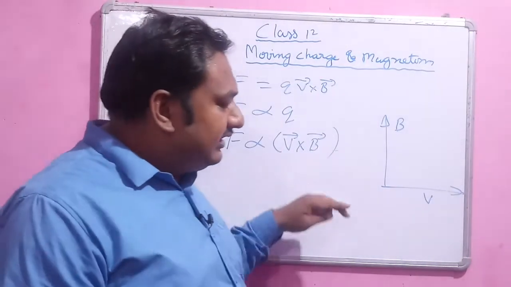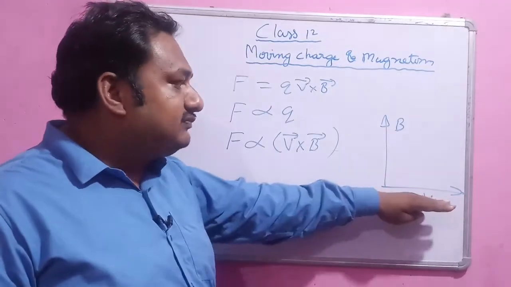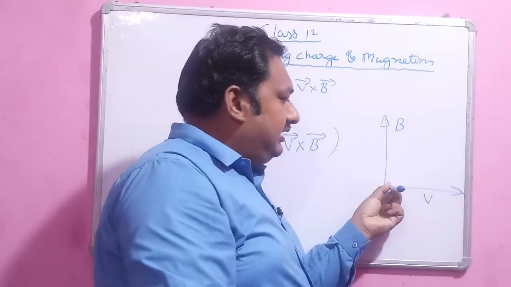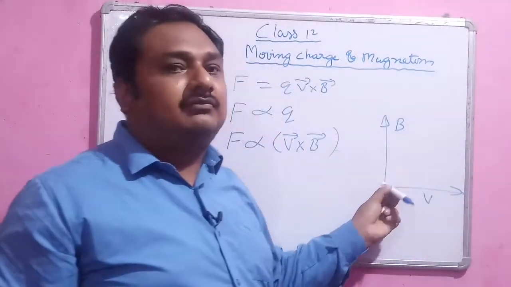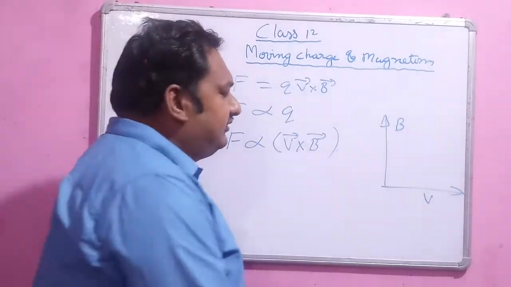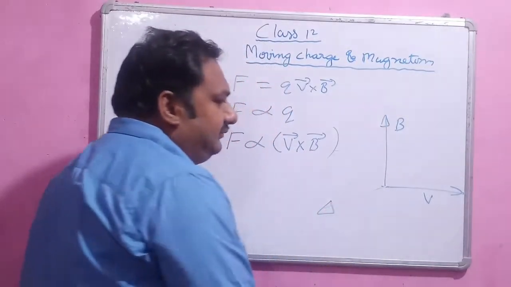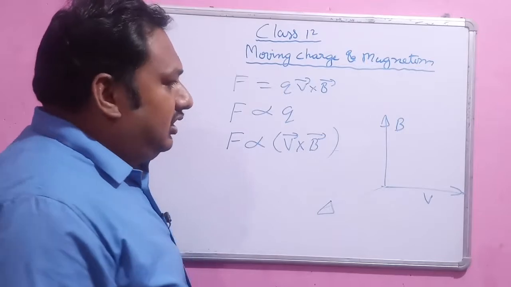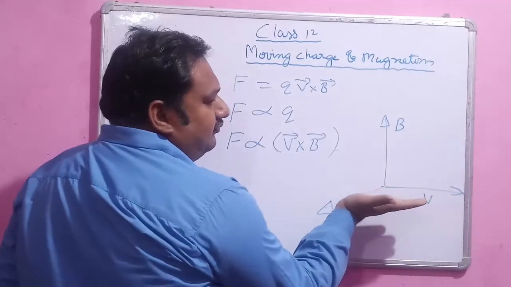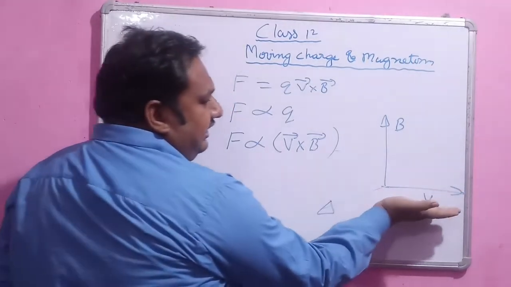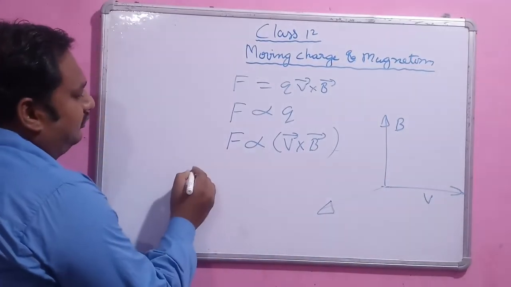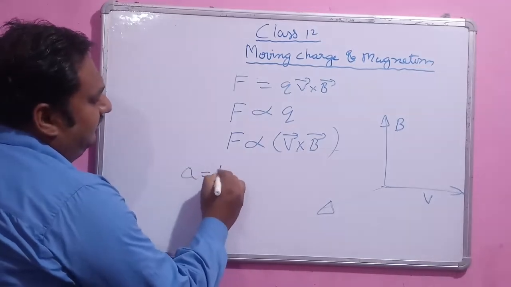Let's suppose this is the direction of the charged particle, and perpendicular to it the magnetic field exists, then the force will act along this direction. It is generally a cross product rule, and we will apply this rule. How do we find this direction? The right hand screw rule. Put your fingers in the direction of V, the first component, and curl your fingers toward B. This rule can be generalized: suppose A equals B cross C.